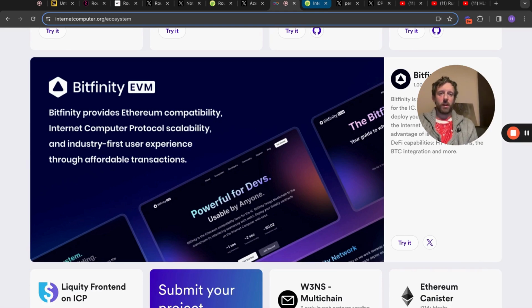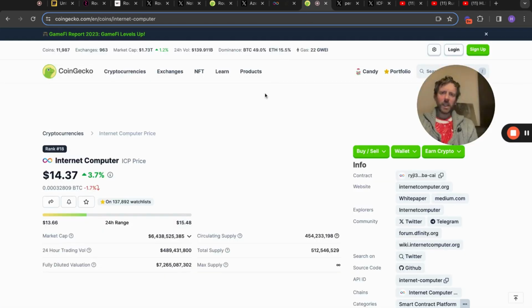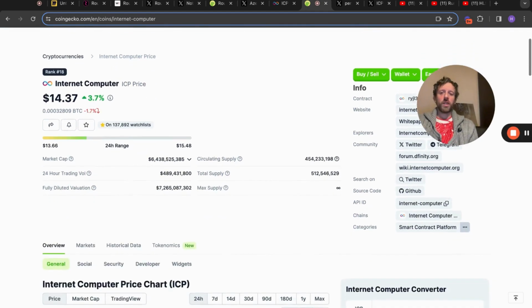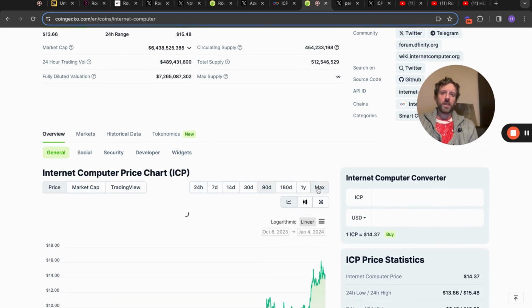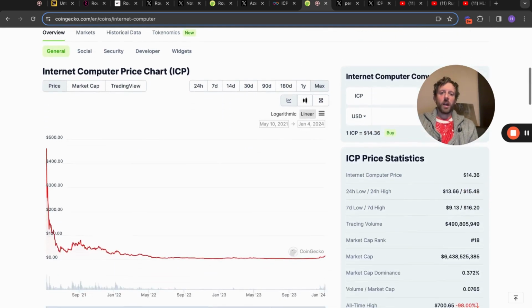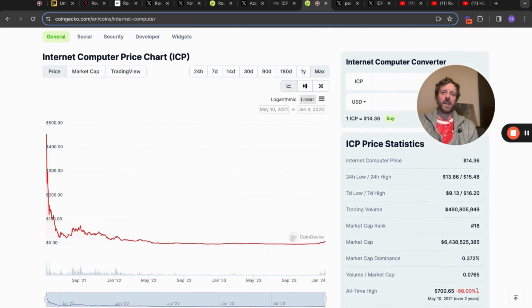Obviously, it has to be used, but it's insane, right? The price at the minute, $14.37. Again, this is another one of the ones that ate the dip really, really well. Now, people thinking about potential dumps, things like that, we'll touch on in a minute. A lot of people refer to the all-time chart as being the thing that puts them off, and I understand that to a certain extent. I do, but there are reasons behind this. This up here is all down to Sam Bankman-Fried and FTX. Now, the price at the minute, $14.36.